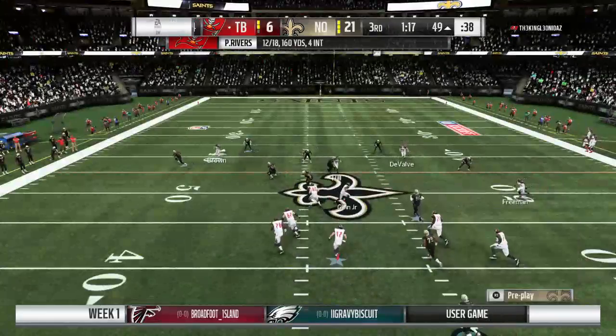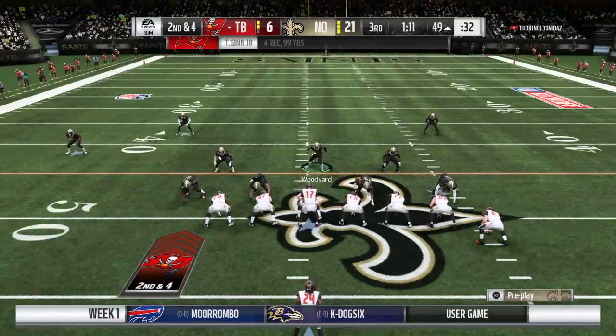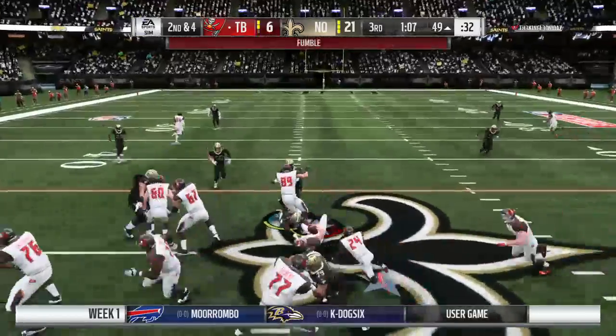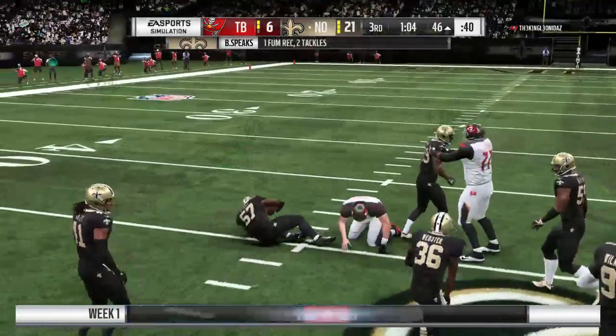And he'll get it into enemy territory just across midfield at the 49. A gain of 6 there on first. The goal for any offense versus his own defense, find the holes. Now a hit, and Rivers lost the football. And this is picked up by the Saints. And they take over. They'll set up shop